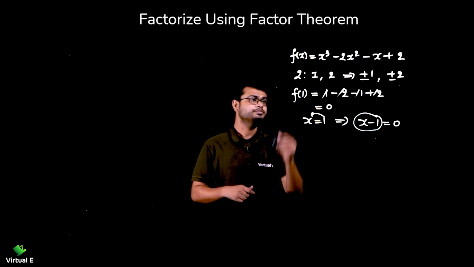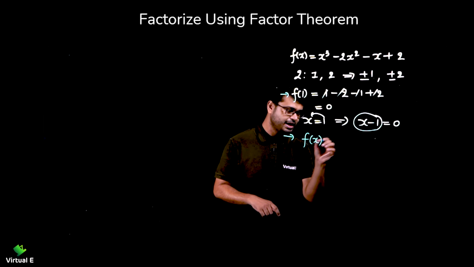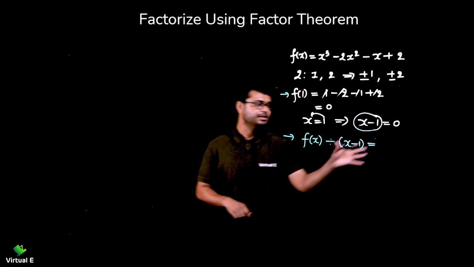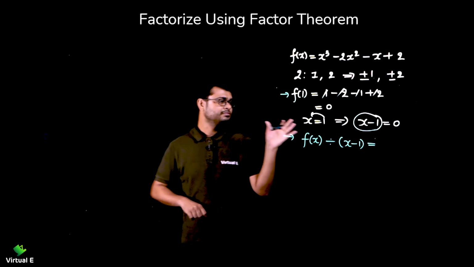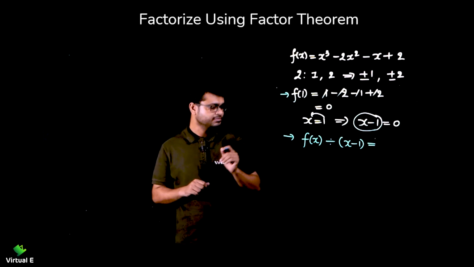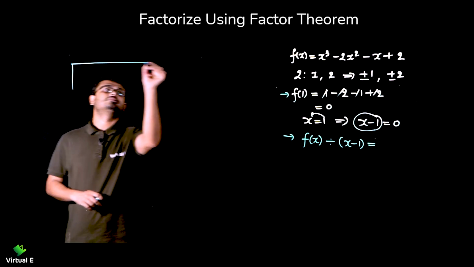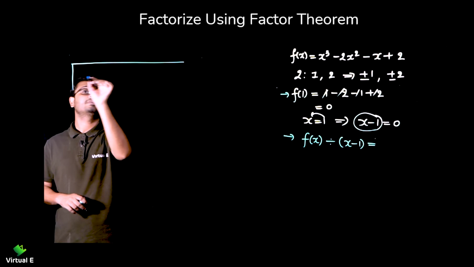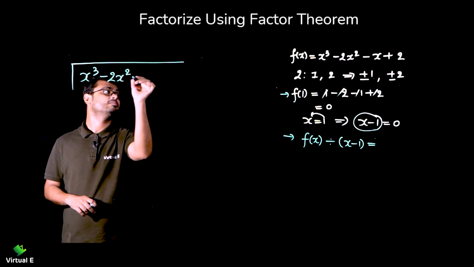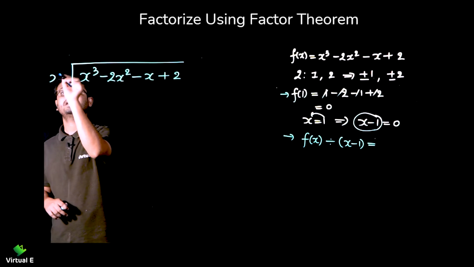Now what we are going to do, we are going to divide f(x) by its factor, which is x minus 1, and we will get one quadratic polynomial, and we are going to use the middle term splitting method to factorize it. So let's start. Here, let's start with the polynomial, that is x cube minus 2x square minus x plus 2, and here x minus